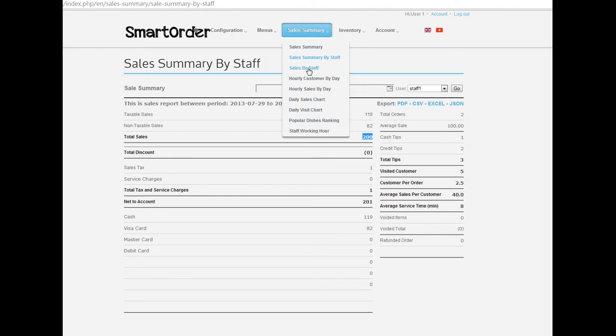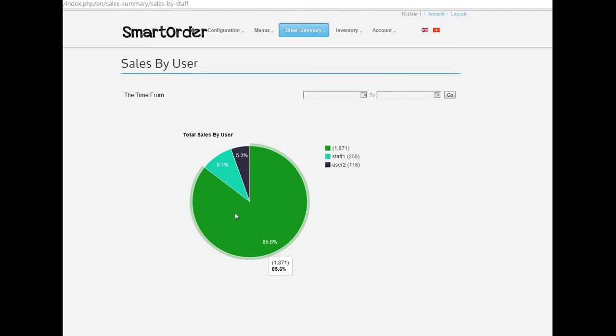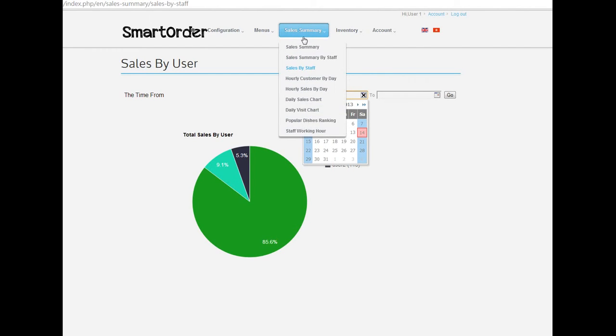In the sales by staff report, you can have a much clearer view of sales by different people. The green area here shows that 85% of the sales is done by people who didn't sign into the Smart POS system, and the other 15% is done by these 2 members. And the same as the sales summary report, you can filter the report by the period of time in here